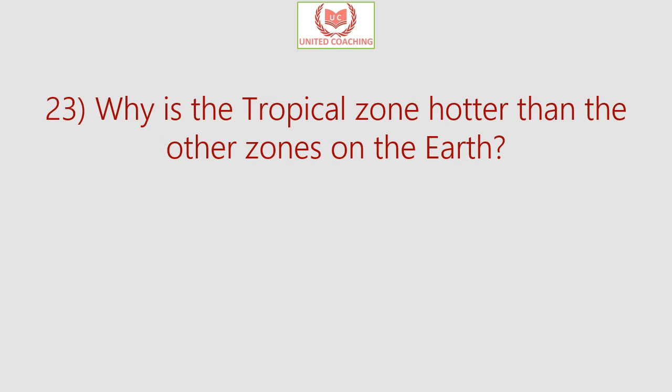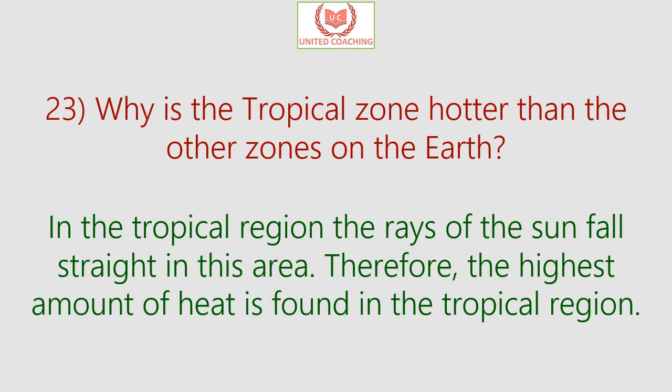Our next question is, why is the tropical zone hotter than the other zones on the earth? So now the tropical zone is the zone surrounding the equator and is delimited by the Tropic of Cancer in the north and Tropic of Capricorn in the south. And in the tropical region, the rays of sun fall perpendicular to the earth in the area. That is, the rays of sun fall straight in this area, and therefore the highest amount of heat is found